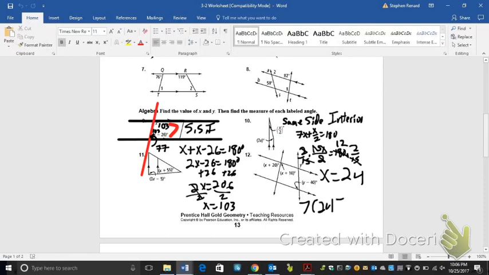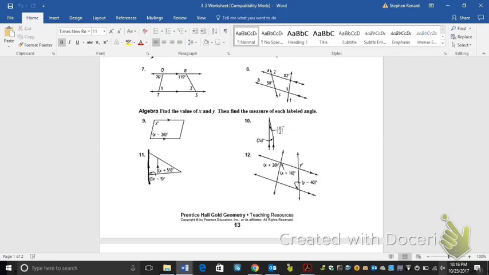So we can now plug that back in to find the measure of the angles, because that's what we have to find. 7 times 24 equals 168. 24 divided by 2 equals 12, and 12 plus 168 does in fact equal 180. So now moving on, we're going to go to